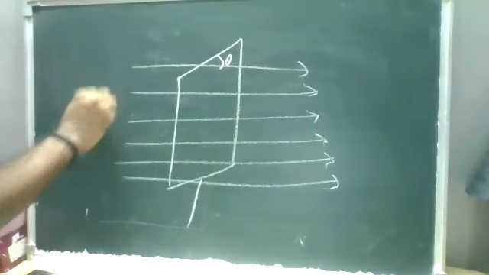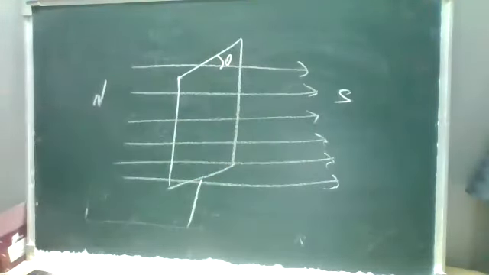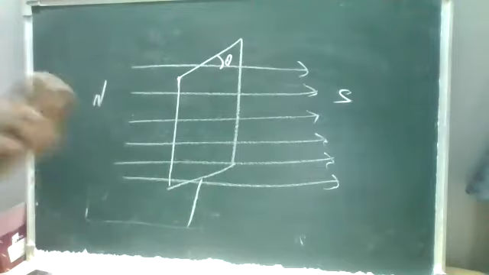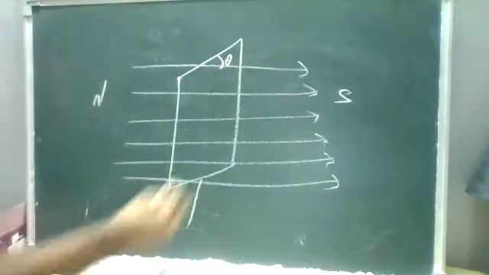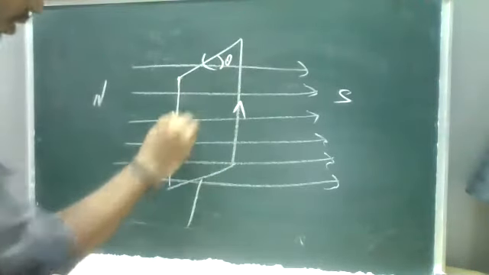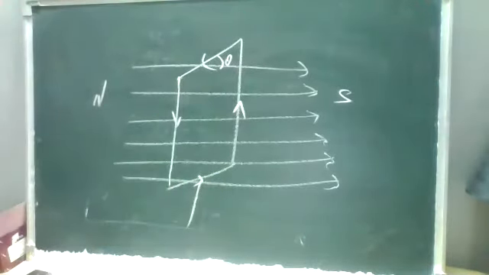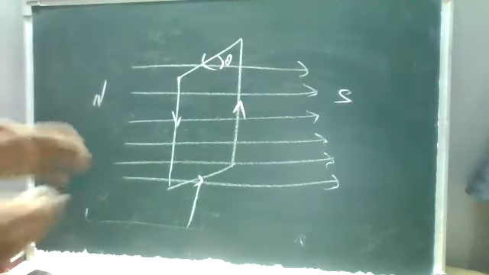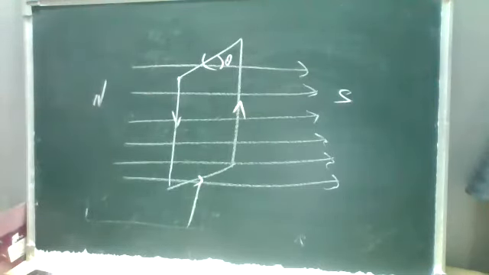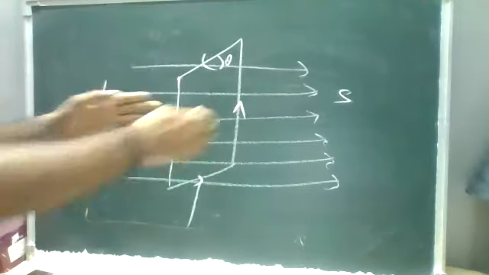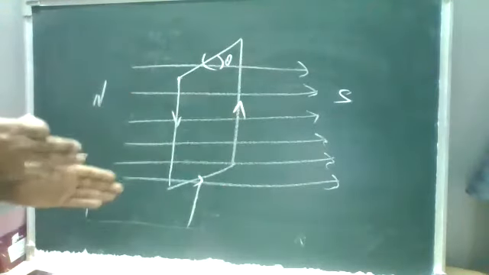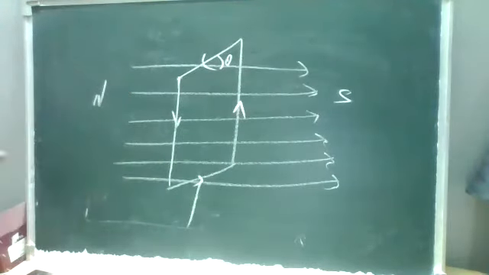Okay, so this is the north pole, this is the south pole. To make it rotate, I'm initially using a small amount of current. Assuming the current is in the anti-clockwise direction, because of the current passing through it there will be some forces. I already said that when current flows in opposite directions between two parallel conductors, they will try to repel. In the same direction, they will try to attract.